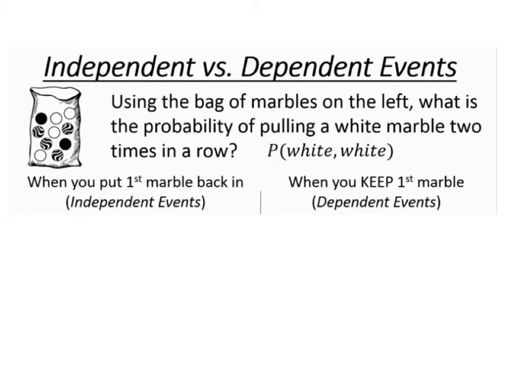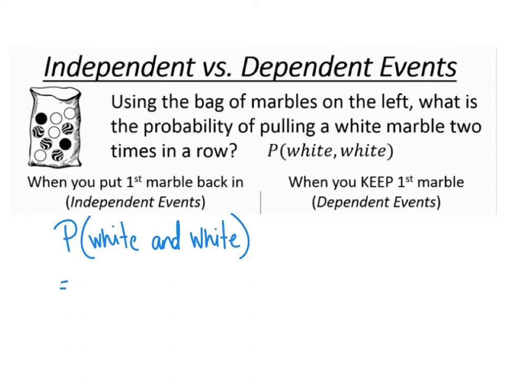The first scenario is I'm going to say, you know what, I'm going to put that marble back in after I draw it. So this would be independent because what I get the first time, if I shake that bag around, what I pull out the second time, they're not impacting one another. So here's how I'm going to write that. I'm going to say probability, capital P, of white and white. And sometimes you might just see W and W is equal to,